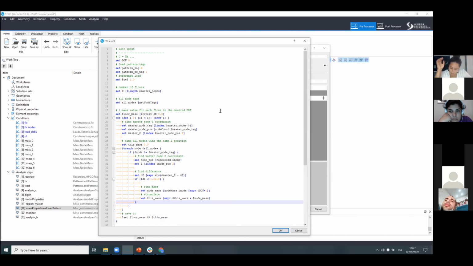Because in this case, we no longer want to extract some result from the previous eigenvalue analysis, but we want to extract a condition application. We applied masses to our nodes, so we want to know how much mass there is in each of the levels. Of course, this starts from the assumption that mass is just in the nodes,